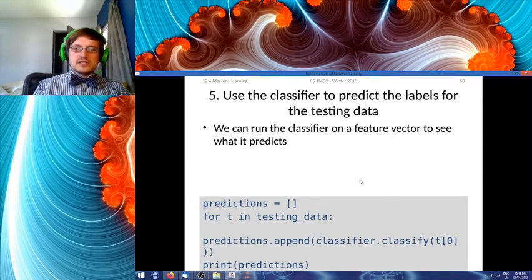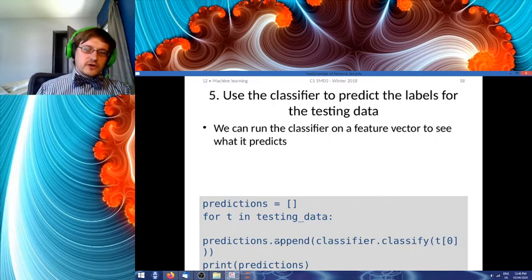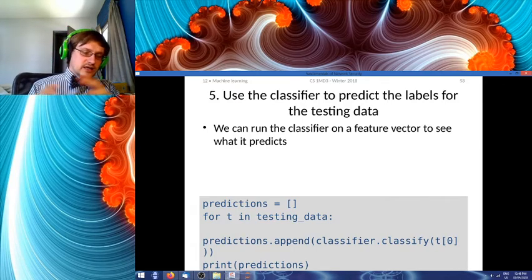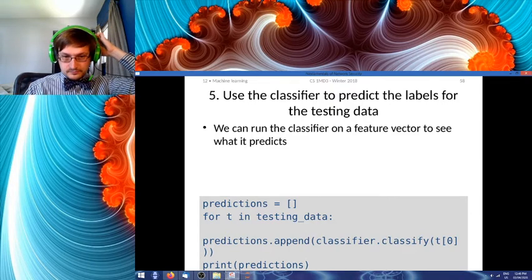Notice t at 0 refers to the feature vector. So we are feeding into the classify method a feature vector that lacks a label, whereas in the previous example we were feeding in the feature vector plus a label. Here we are absent the label.